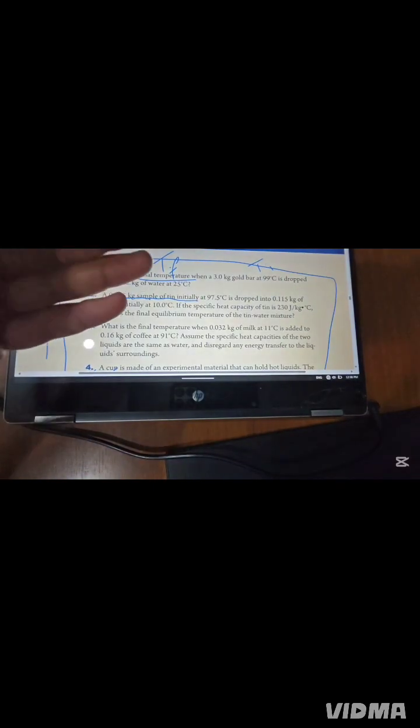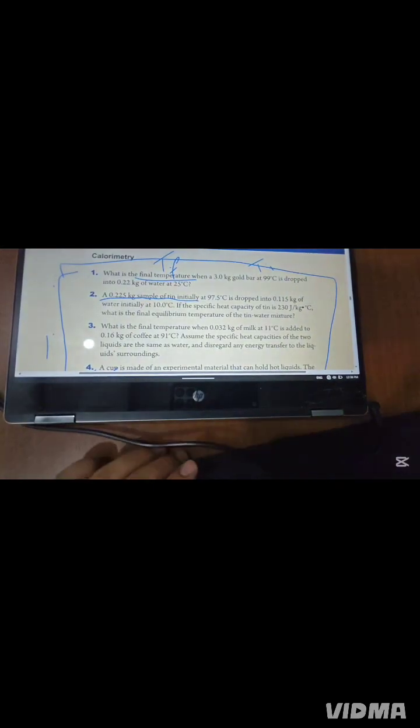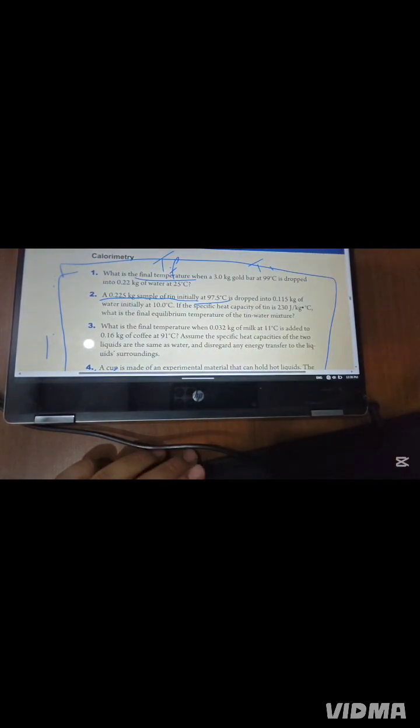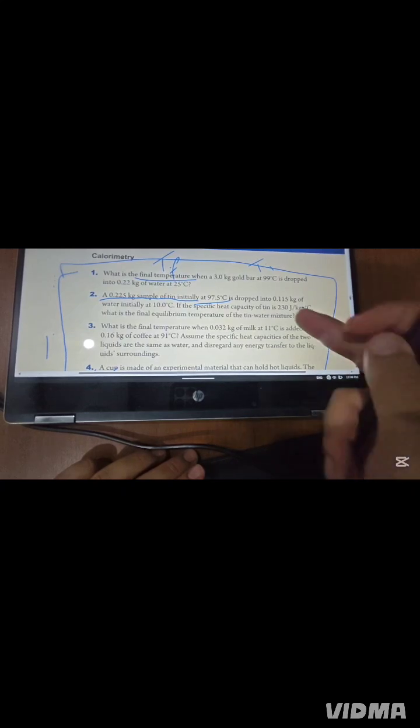This is the mass of this object, 0.225 kilogram, and initially this is the first temperature Ti, which is equal to 97.5 Celsius, and it's dropped